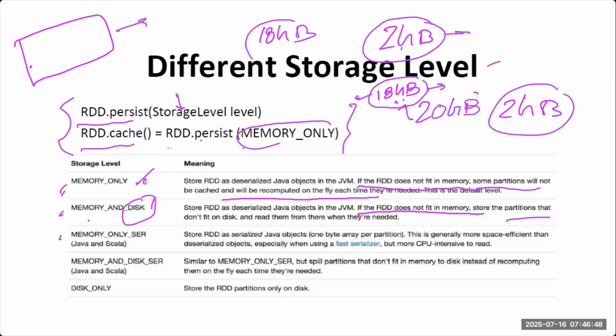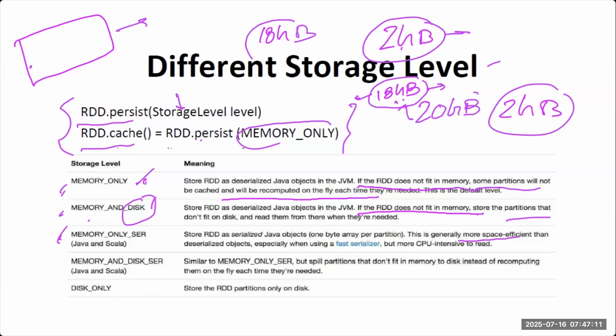Memory only serialized will serialize the data object byte by byte and then store it. It is space efficient, which is why we do it. But if you serialize, then while reading you have to deserialize, so it may take some time.